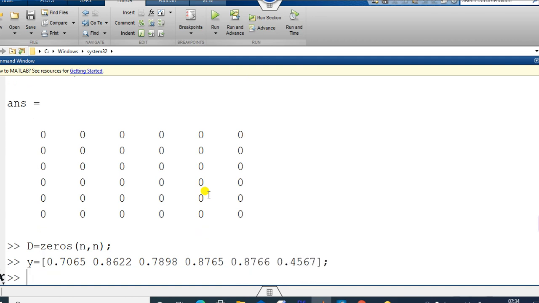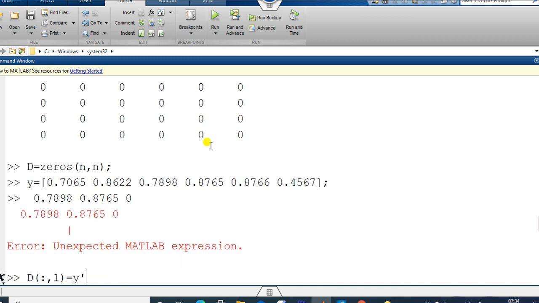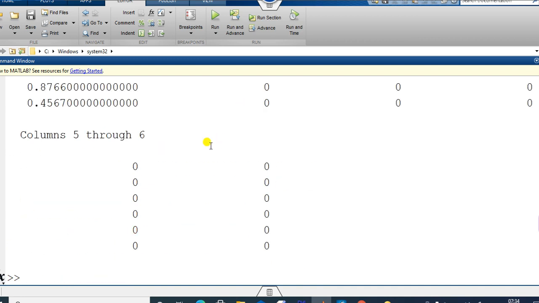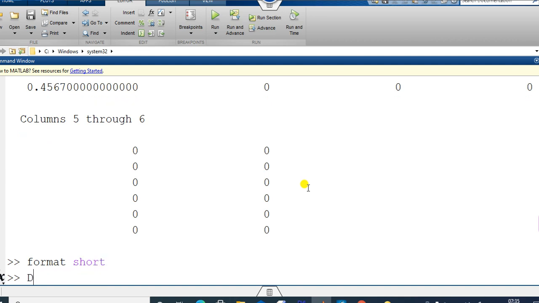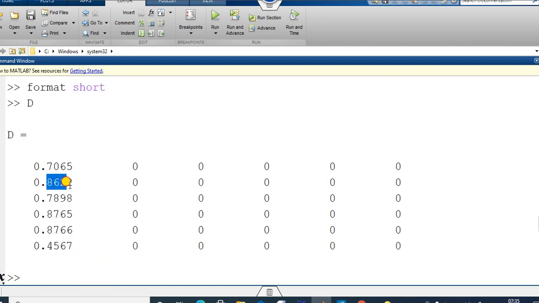Now what is the meaning of this? If I consider this as a column, because this value is my row, I can consider it as a row. Firstly I can format. Now it has long values, so I can shorten them with format short. Now you can see the first values are stored in the form of the y's. Similarly, we can update the values here.